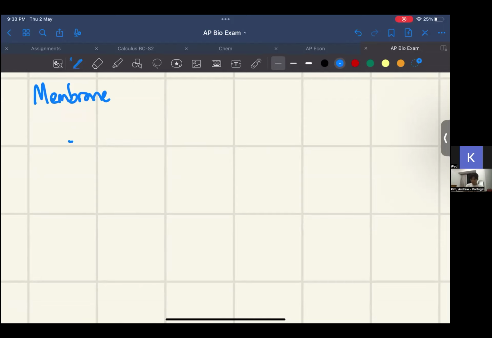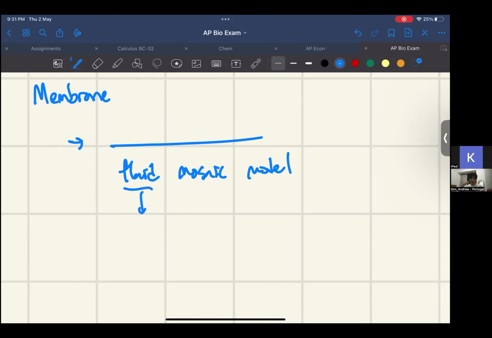Now, membrane, first of all, is a layer, right? But more specifically, it's a fluid mosaic model. What this means is fluid. It's not stiff, it's not fixed, but it can shift and move around almost like a liquid. It's more flexible. Mosaic model means, mosaic, like